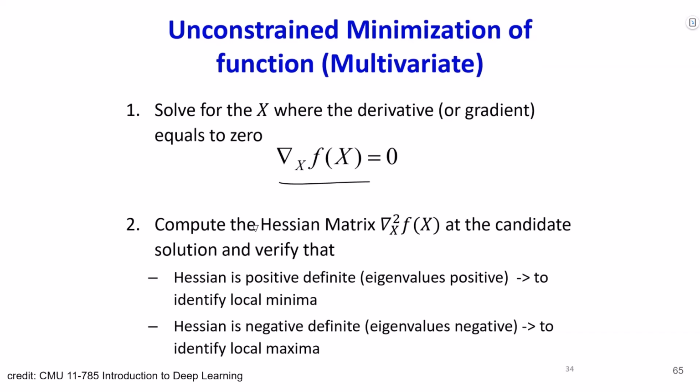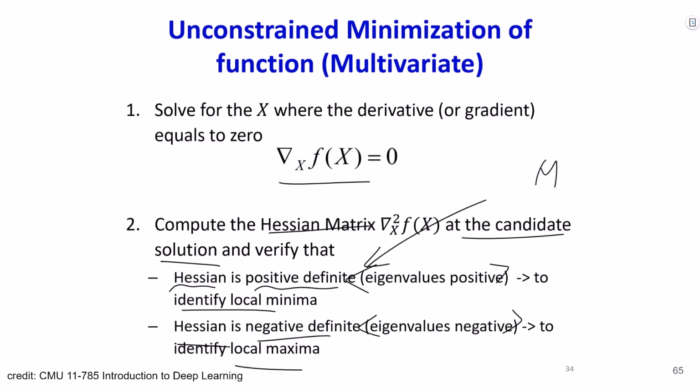And as we did for the scalar function of scalar input, we're going to calculate the Hessian matrix at the candidate solution. And if the Hessian is positive definite, or eigenvalues are positive, then we say this position is a local minima. If the Hessian is negative definite, meaning that eigenvalues are negative, then these points are local maxima. And positive definite means for any matrix, if you calculate any vector multiplication between this matrix and an input vector,